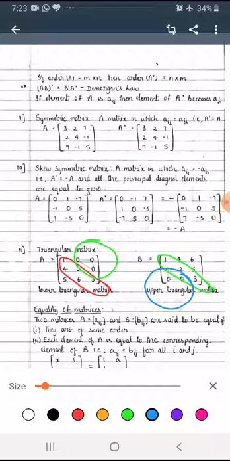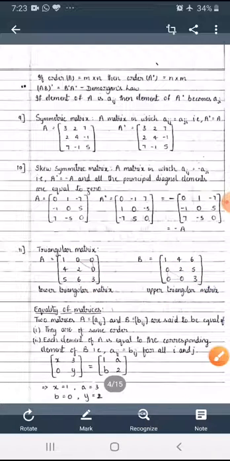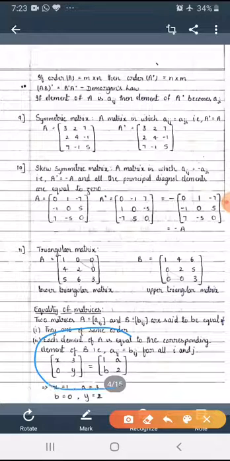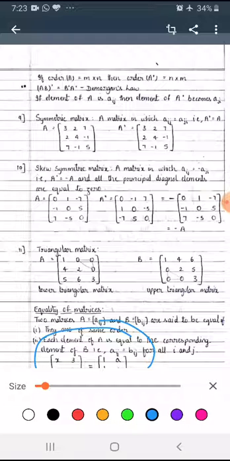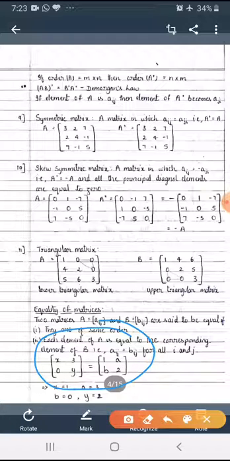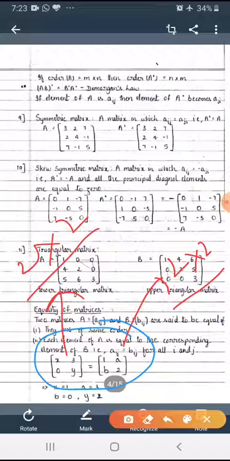Now, equality of matrices. So what is equality of matrices? See here, let A and B be two matrices. The two matrices' orders should be equal. For example, see here, x, 3, 0, 5. What is the order of this matrix? It is 2 by 2. The second matrix is 1, a, b, 2. What is the order of this matrix? This is also 2 by 2. Now here the orders are equal. Then these two matrices are equal matrices.